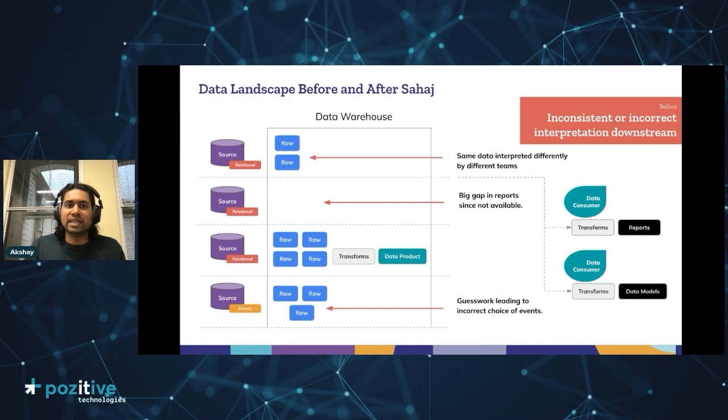Also, some of the insights that were drawn could be incorrect because, like I said, a lot of guesswork was involved in transforming, for example, the raw events that came in into a higher level report. They would miss out on edge cases that would have been known by the domain teams working on those events-based systems, but not necessarily the data teams that were then drawing insights from it.